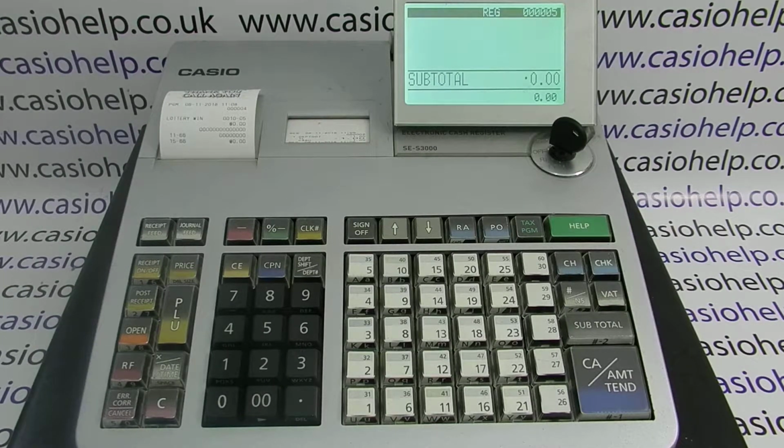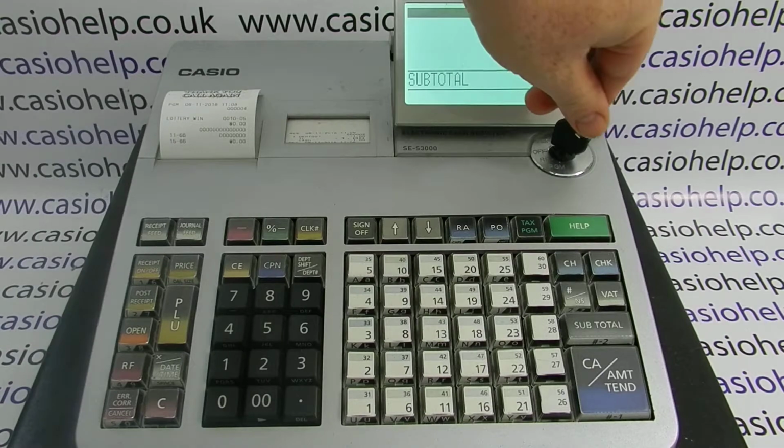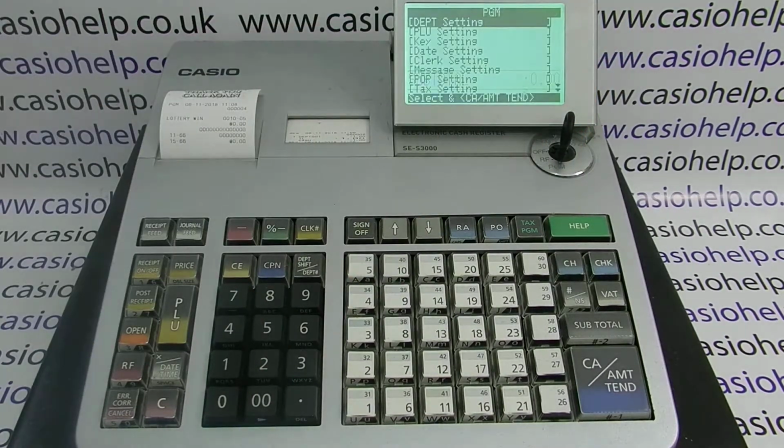In this video from Casio Help, we're looking at how to create a negative sales department category on the SE-S3000. This procedure will also work on other models displayed in the video title, but for this demo we're using the UK model, the SE-S3000. So the first thing to do is turn the PGM key round to the PGM position